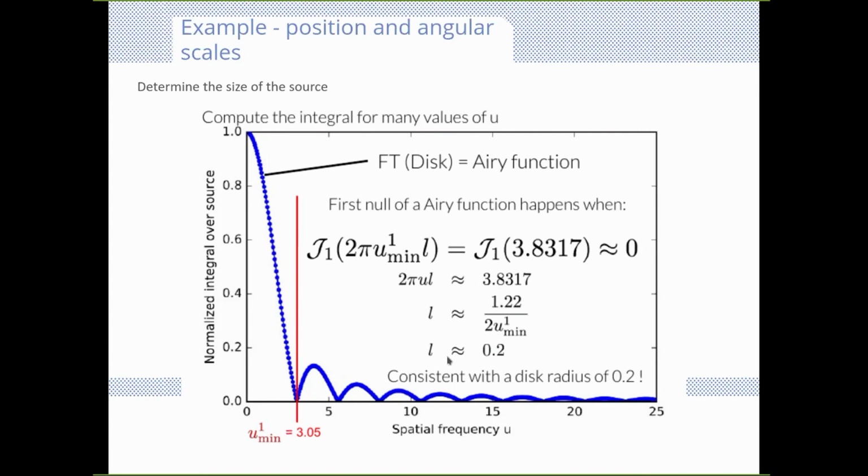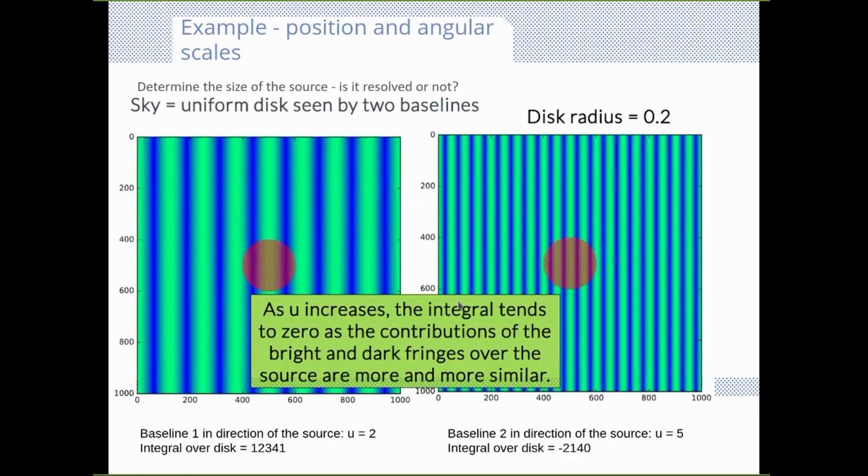We do some substitution, a measurement of where exactly on the UV distance this lies, so which spatial frequency is this first null. We get a measurement of about 3.05. We plug that in here, right, and that gives us on the sky, for a narrow field approximation, l to be approximately 0.2, and this corresponds very well to the disk diameter that we just assumed in this toy example,